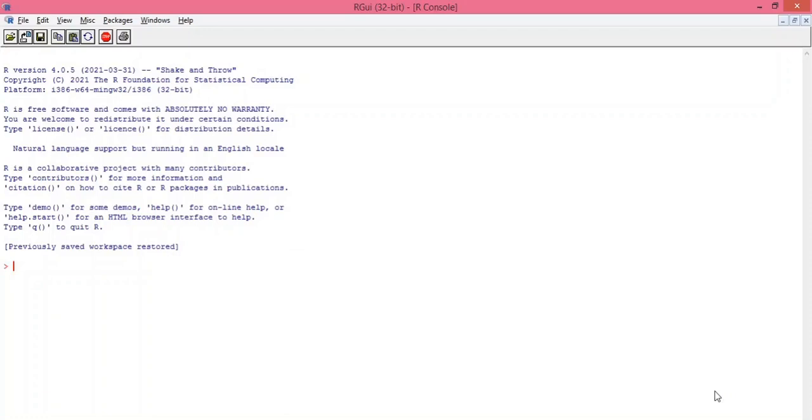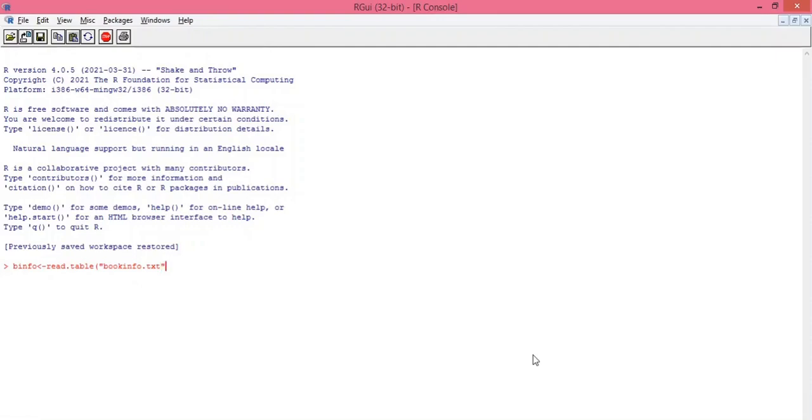Now we'll execute practicals on importing data from external sources into R. So we'll start with the import of text file into R. So I'm creating a data frame to hold the data of imported file. So binfo is the name of my data frame. I'm using function read.table, which is a built-in function of R that is stored in utils package. And first parameter is the name of file that we want to import. So I want to import bookinfo.txt file.